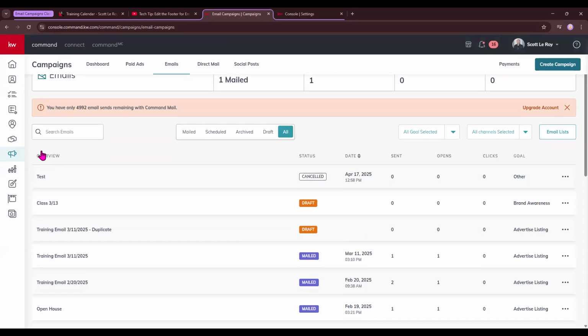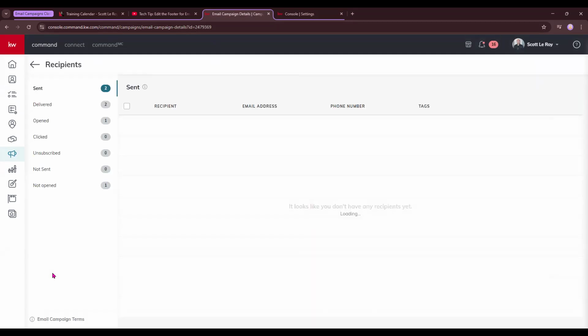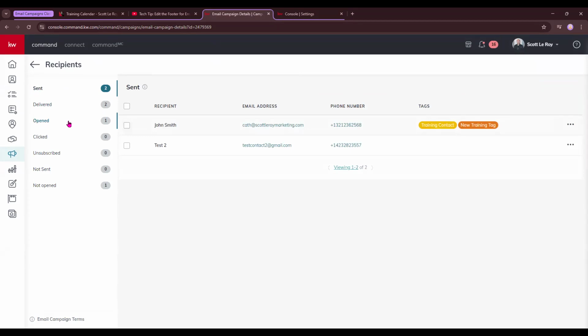With that being said, you can overview. So we have our past email campaigns: canceled, drafted, mailed. If we were to click on some of these, we can view additional details. So we can see how many were sent, delivered, if they were opened, clicked on, if people are unsubscribing,